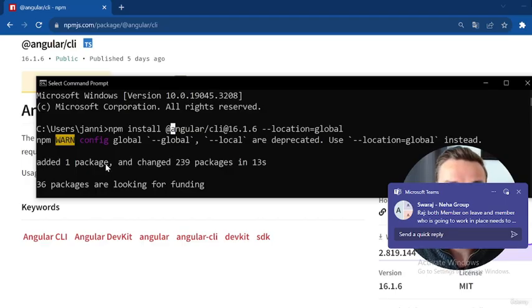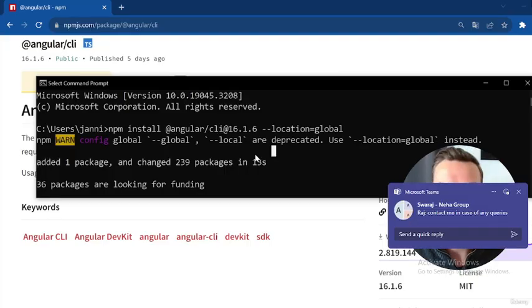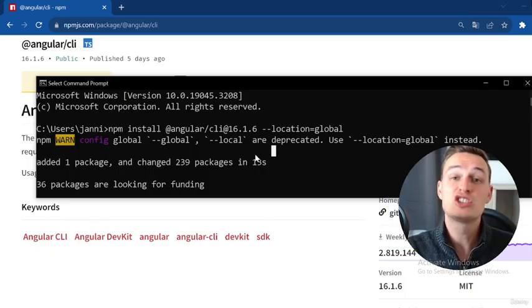You can now see added one package, right? And please notice that you can find this command also attached to this lecture. Great, so now we got the Angular CLI installed. Now let's find out which version of